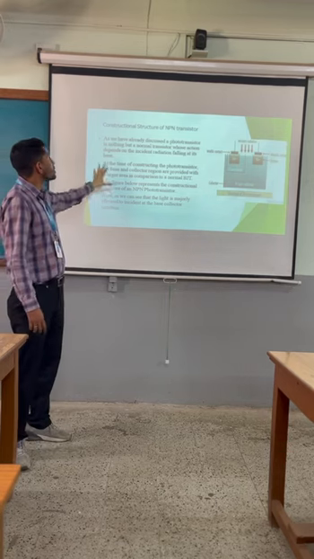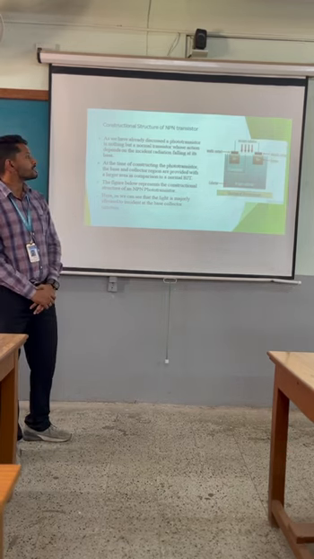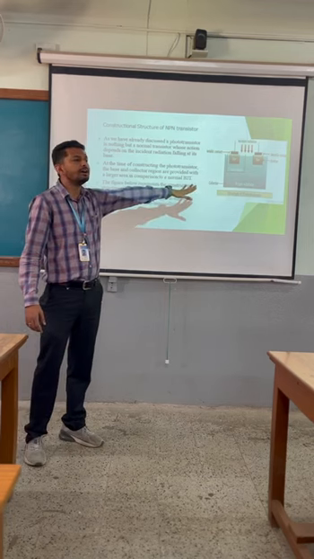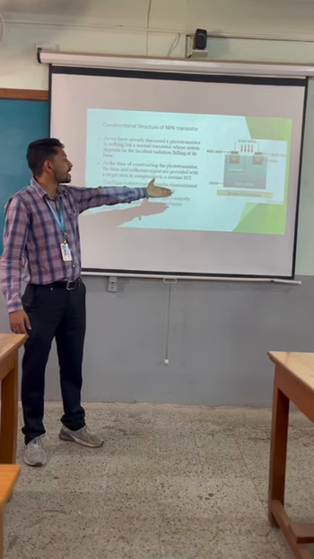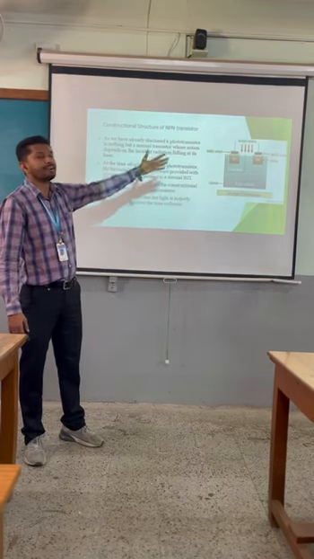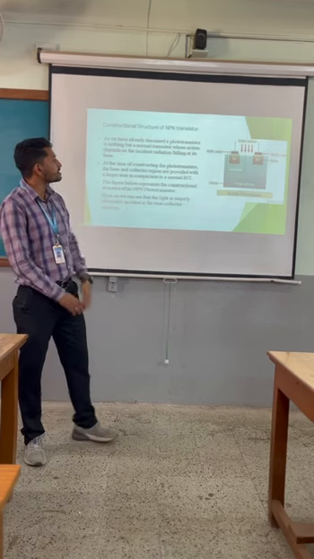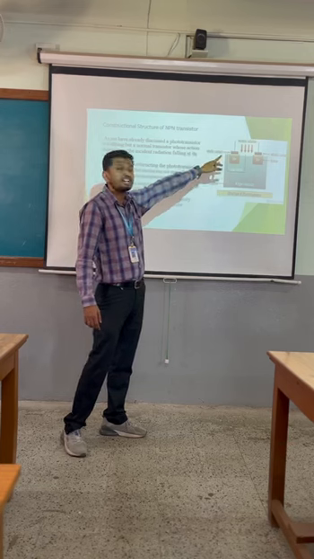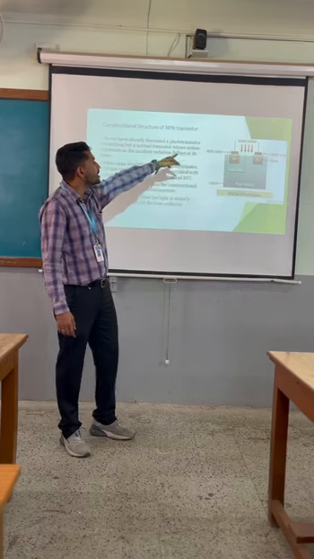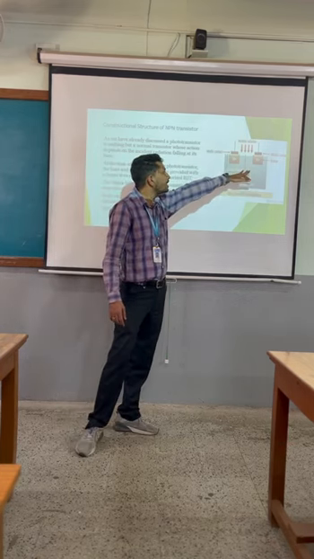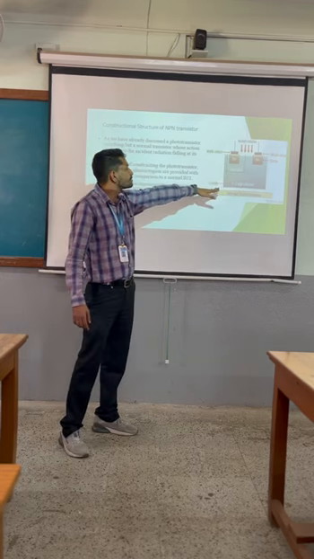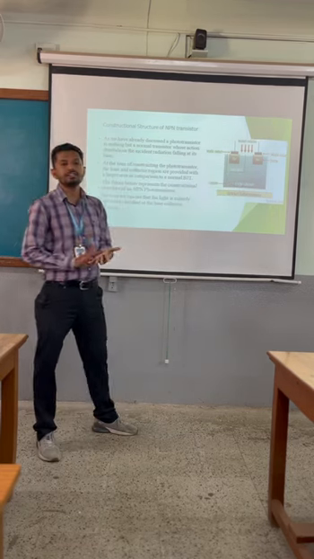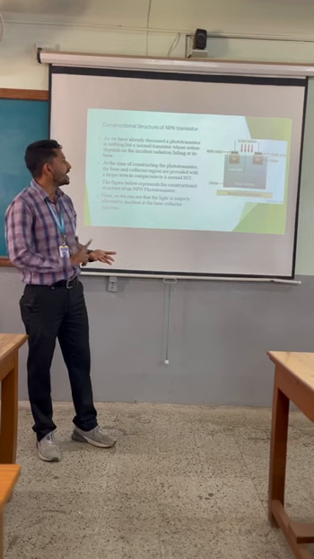This is the basic construction of the phototransistor. In the structure, three layers are given. From the base region, incident radiation means light is incident. There is a metallic contact, an emitter, and this is the N-type substrate. There is a collector. There are three regions: emitter, base, and collector.